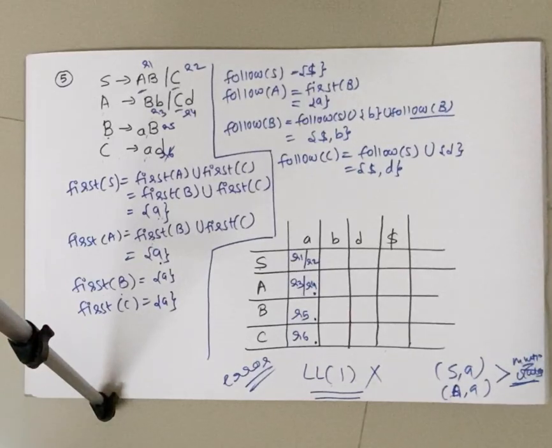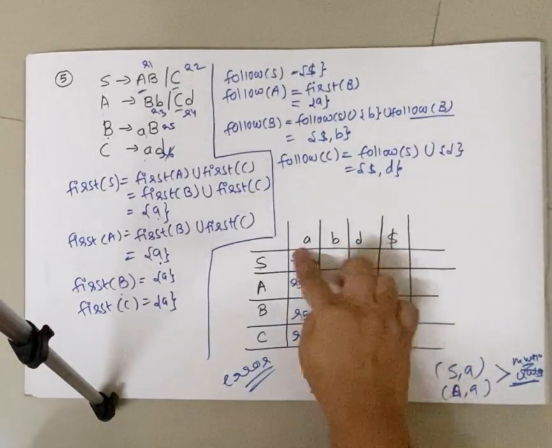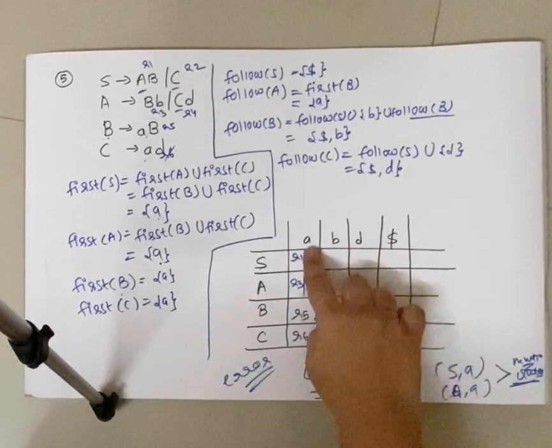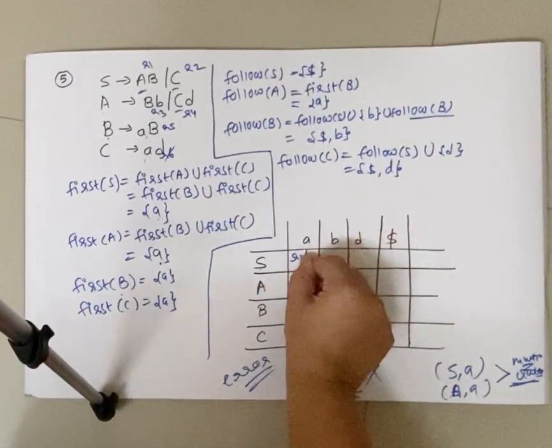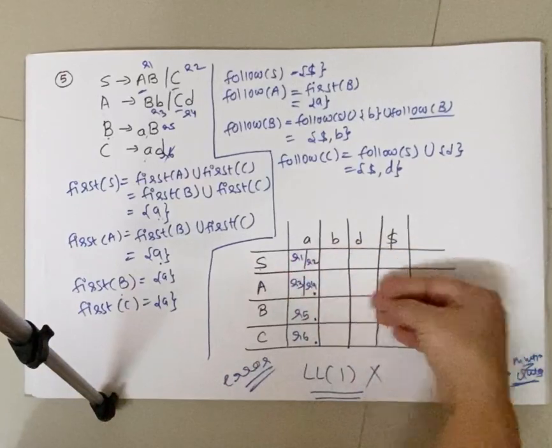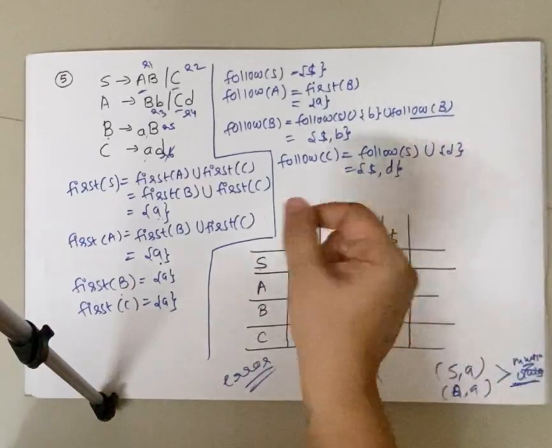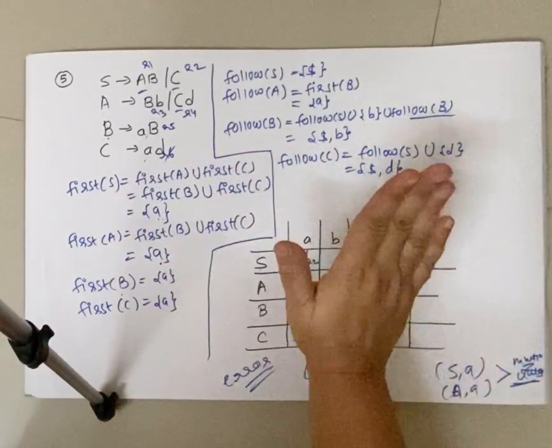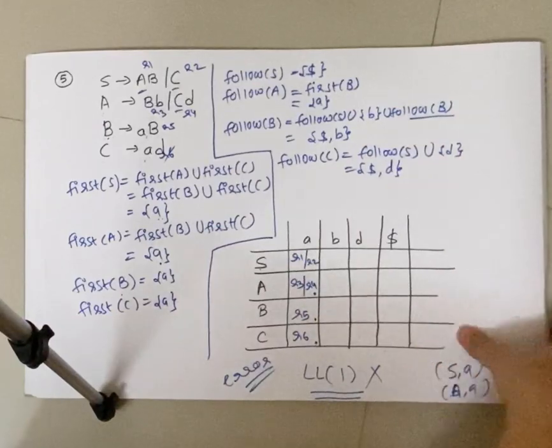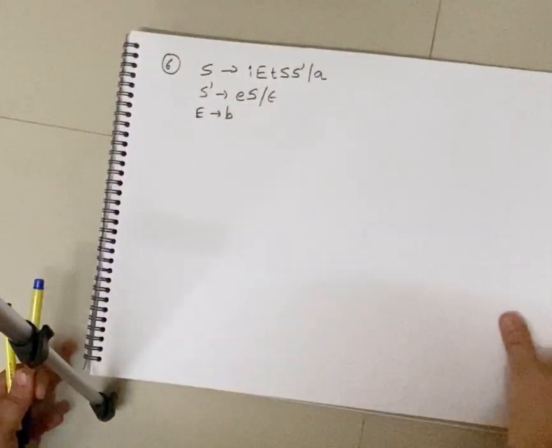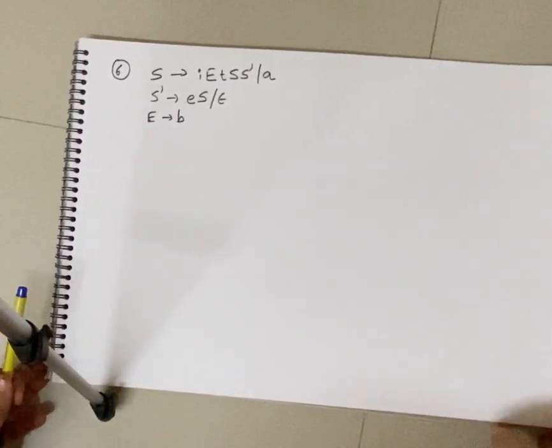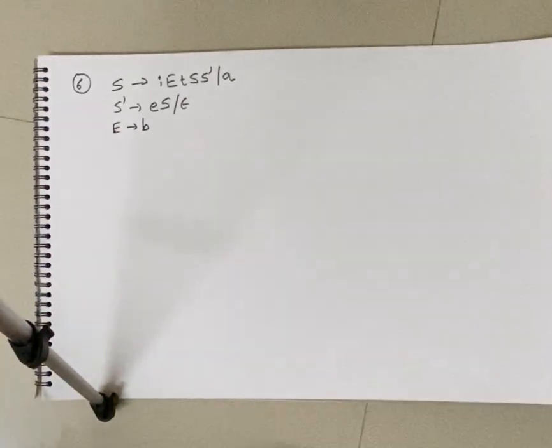Let us solve one more example where we can observe such ambiguity. This is called ambiguity, having multiple rules in a cell. Even if there is one cell which contains multiple rules, that is ambiguity, and even if all the others are distinct cells, this grammar is not going to be a valid LL1 grammar. Okay, so we'll move ahead and solve one more example. This is a classic example. If you can recall, we have done this earlier also.